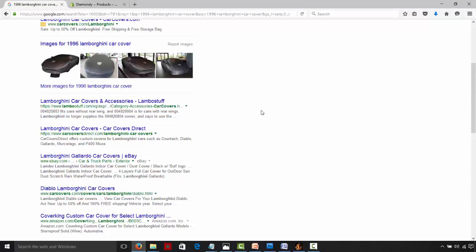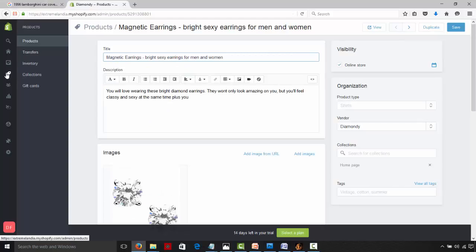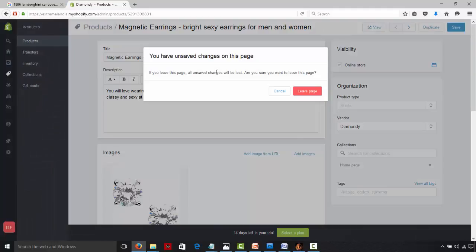So how are you going to do that? It's pretty simple. You just need to head over to the admin panel of your store, and I'll walk you through exactly how to do that. I'm going to show you one example, and you can do the same thing for every product in your catalog. So I'm going to head over to my admin panel, which is this one right here, and click in the left navigation in the admin section of your store. Just click on products right here,